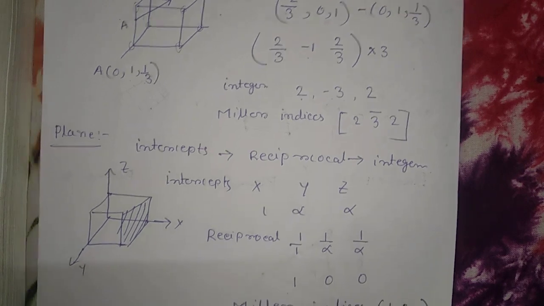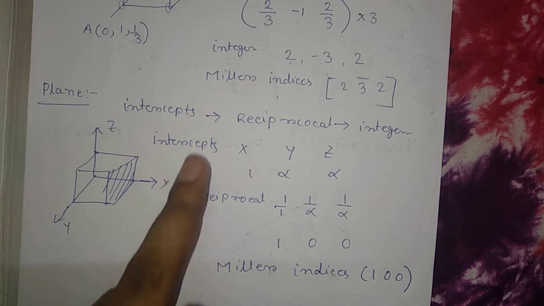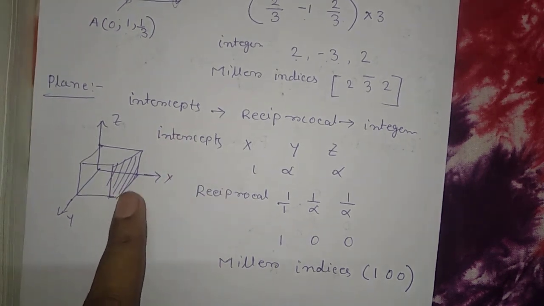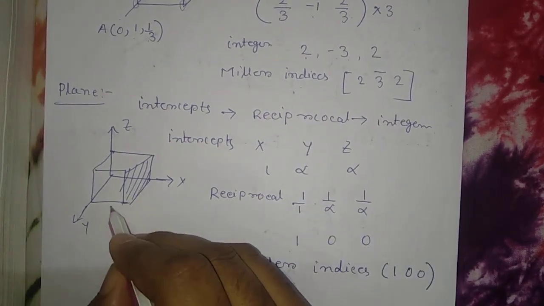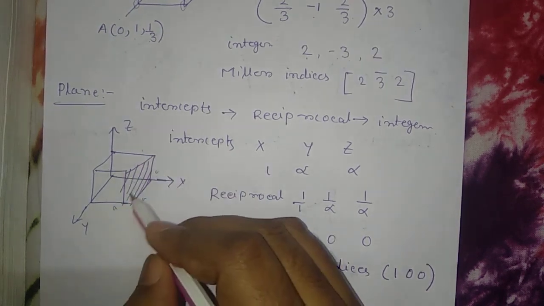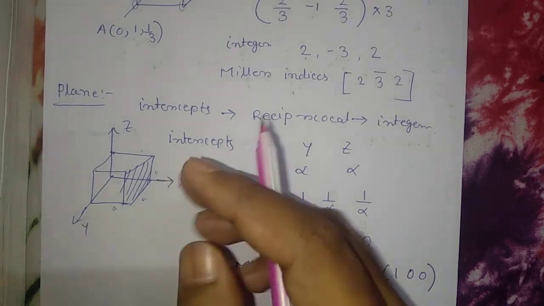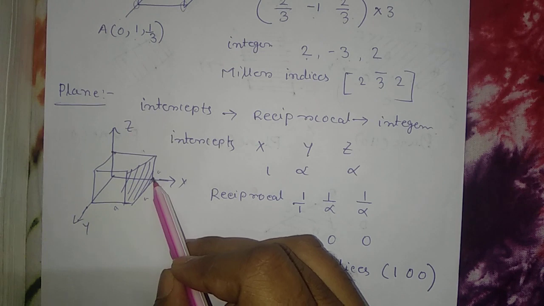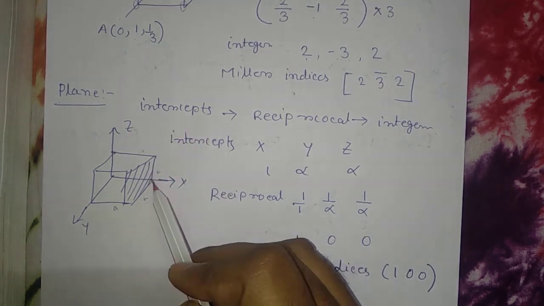And now the plane. Suppose this is the plane, which intersects at a particular point. This is the cubic cell. As you know, a is the distance between two atoms. In a cubic unit cell, we assume that the distance between two atoms is 1. Now if it is 1 here, this plane is identified with the intercept that is 1, and